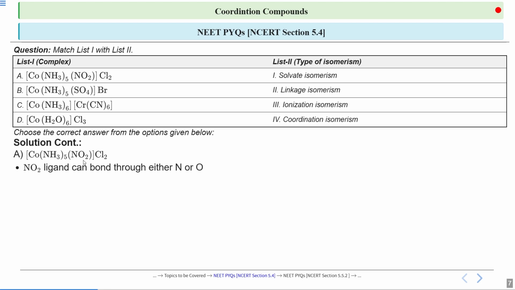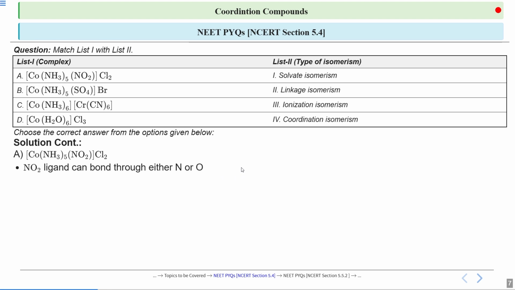Here, if you talk about the NO2, and if you know the NO2 structure, NO2 is a ligand which can bond through either the nitrogen or the oxygen with the central metal atom or ion. Okay, it has this ability, and if you see the structure of the NO2, you can easily understand that in the NO2,